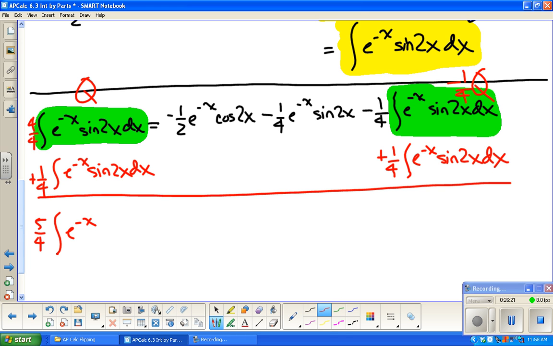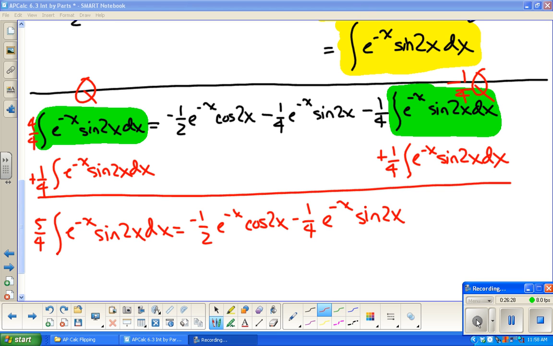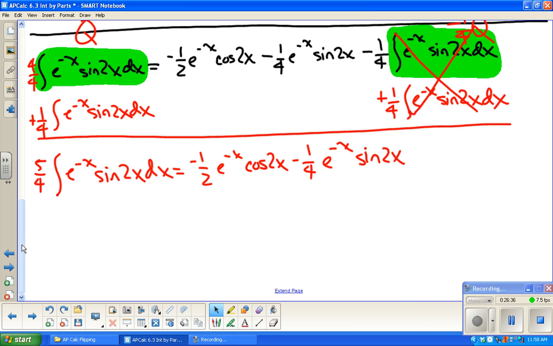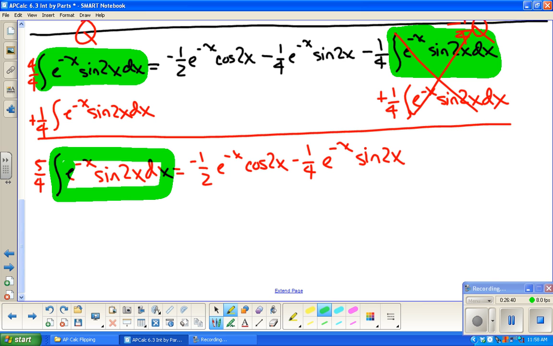We're almost done. I can feel it. I'm excited. Equals all that stuff. Okay, and then this part just added up to 0. Isn't that magical? Okay, and so remember the goal, again, is to find this. Well, if the goal is to find this Q, or whatever we're calling it, then I just need to get rid of this 5/4. So I'm going to multiply by 4/5 on each side,